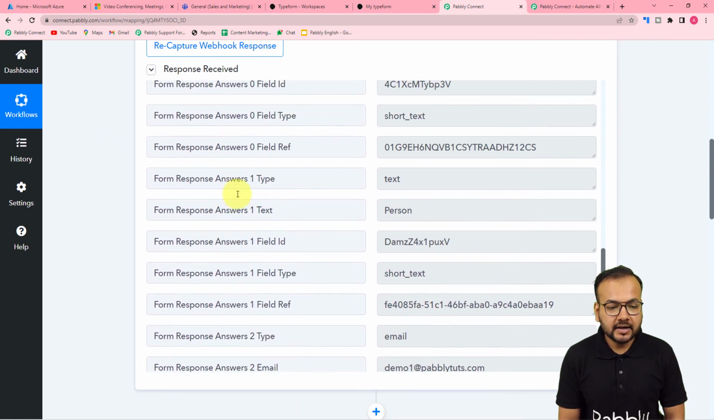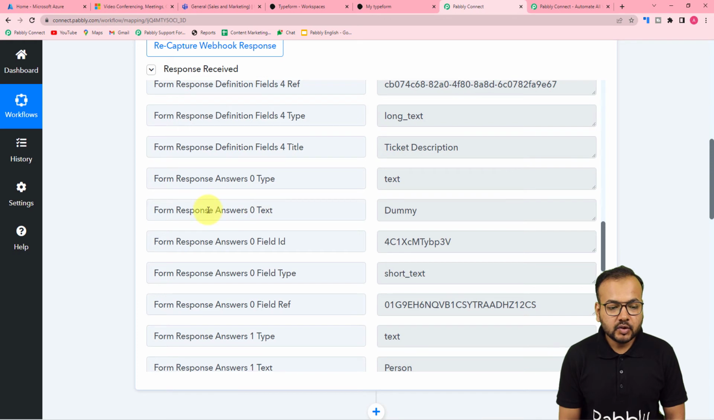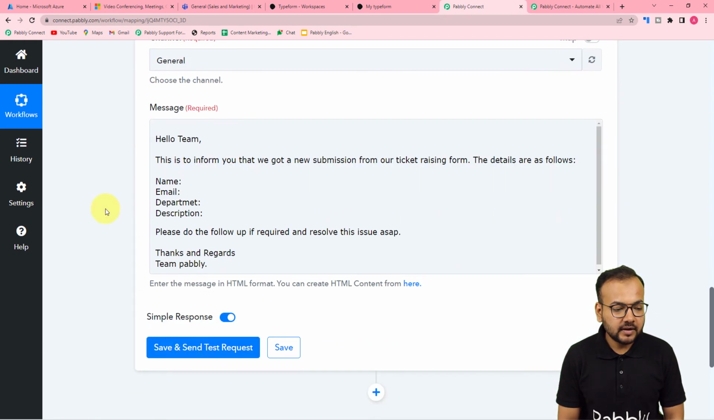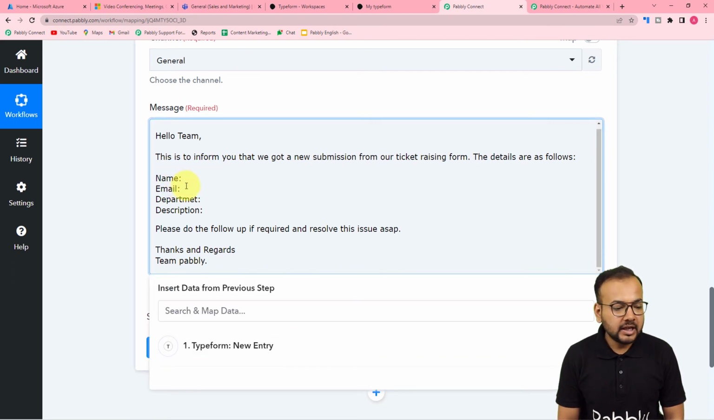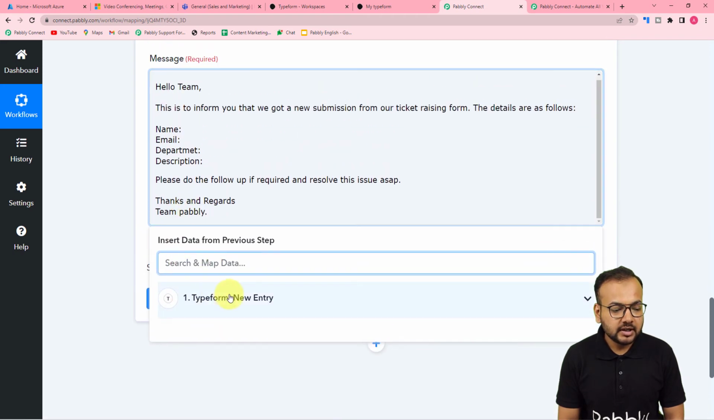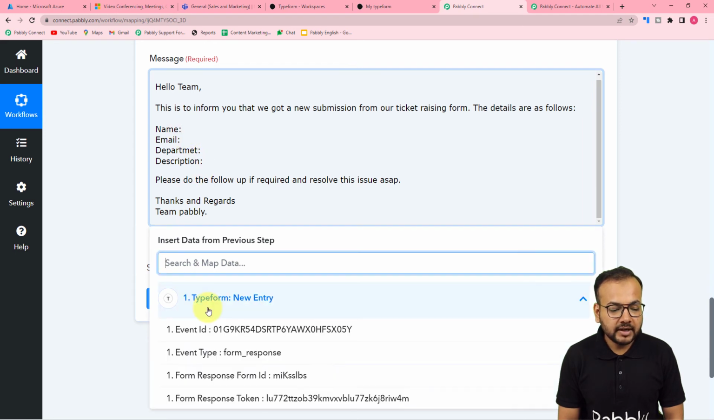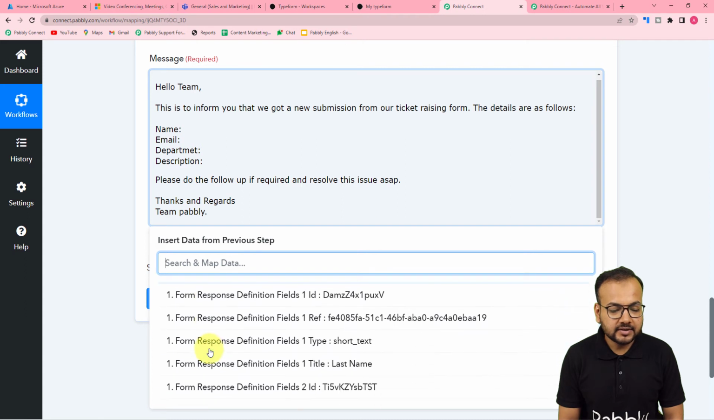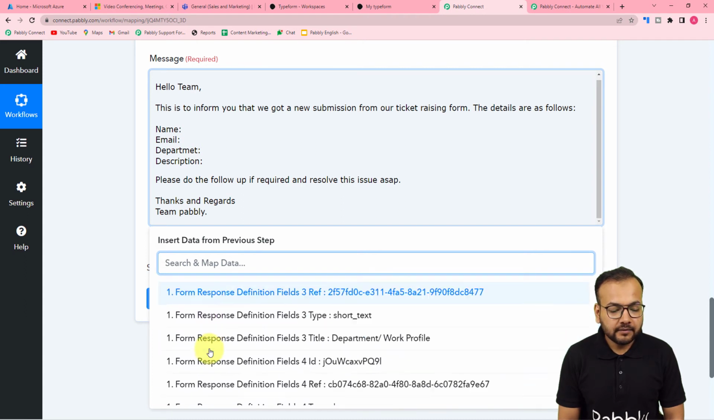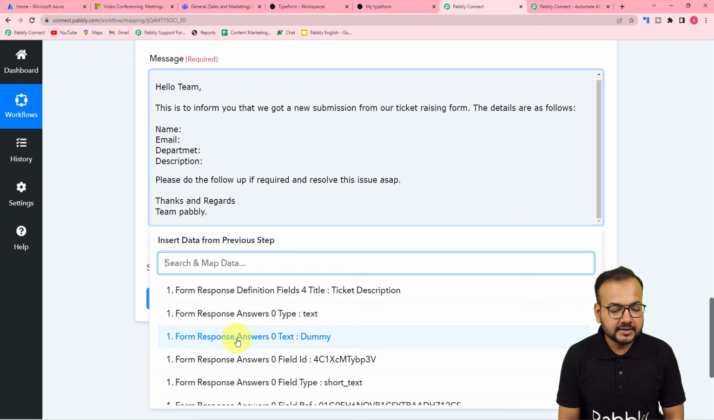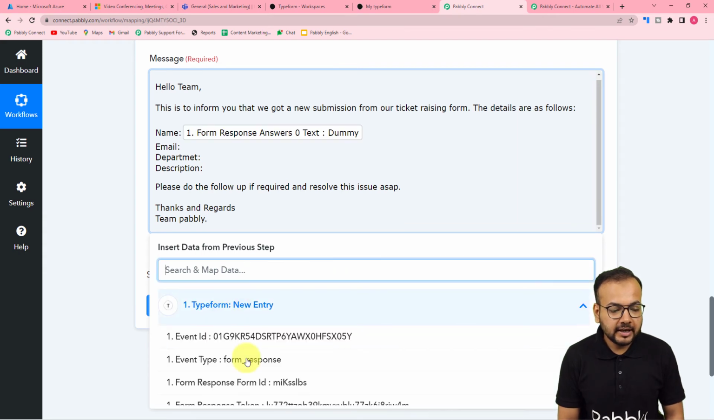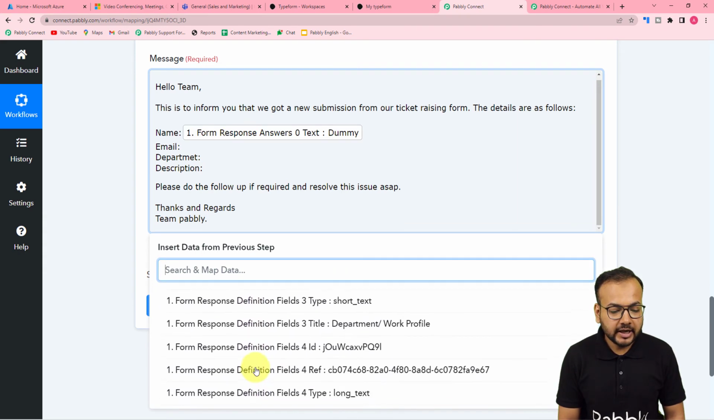Okay, so the test data that we have received here is this. So I'm going to map these labels that I have received here in after these things. So after name, I'm going to map the name label from the first step. So when I'm going to click here, you can see it started showing this Typeform new entry step in the drop down. So from here only I can get the details that I have received in the first step, and from here only I can map the label as this. So this is the first name label I have mapped,